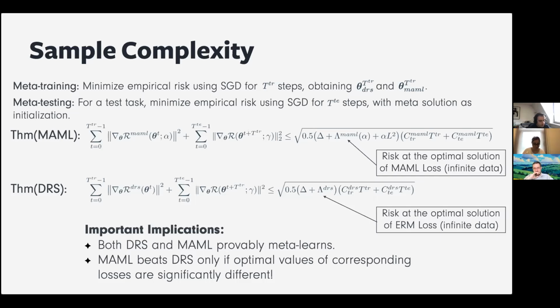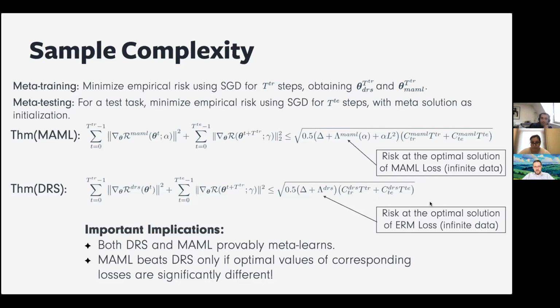There is, of course, lots of domain knowledge you need to compare them. So we collapse this domain knowledge into a thing we call modeling error, which is shown here for each algorithm. It basically means the risk at the optimal solution. So it means that if you have infinite data to solve the meta objective, how well this thing will behave in the asymptotic case.